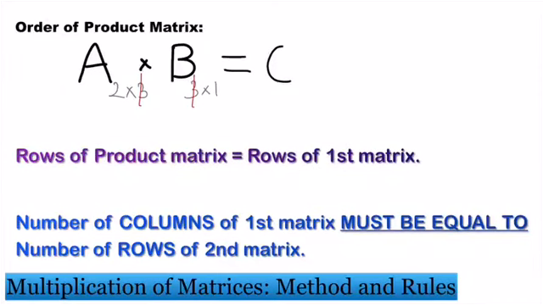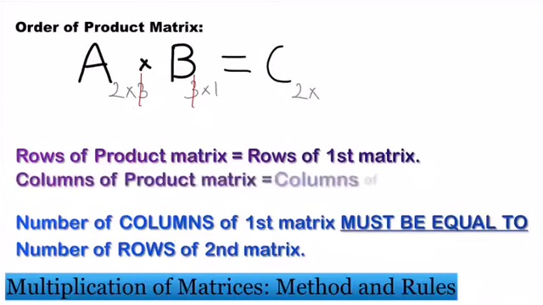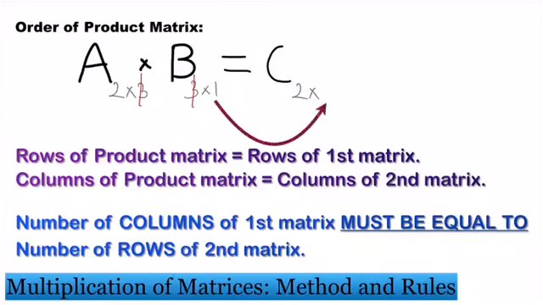the rows of the product matrix will be equal to the rows of the first matrix. So the rows of the product matrix is 2, and the columns of the product matrix will be equal to the columns of the second matrix, which is 1 in this case. So this is how we obtain the